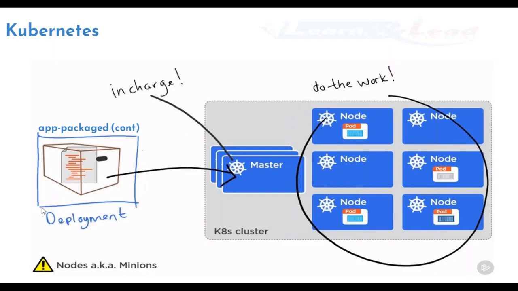This is the one in charge. We can talk to the master node to deploy something, and then the master node takes care of placing it onto the different nodes in the cluster, or the master asks the worker to do the work. Basically, this is the same concept that makes it easy for us to manage the entire cluster in a production environment. Now any container orchestration comes with the same logic. You should have a master, and everybody else works as nodes, or worker nodes, or simply nodes.